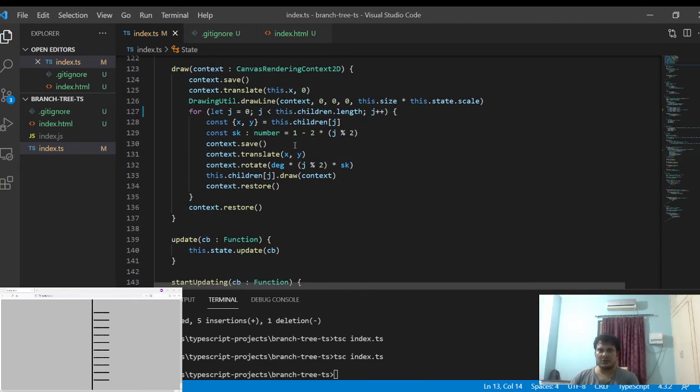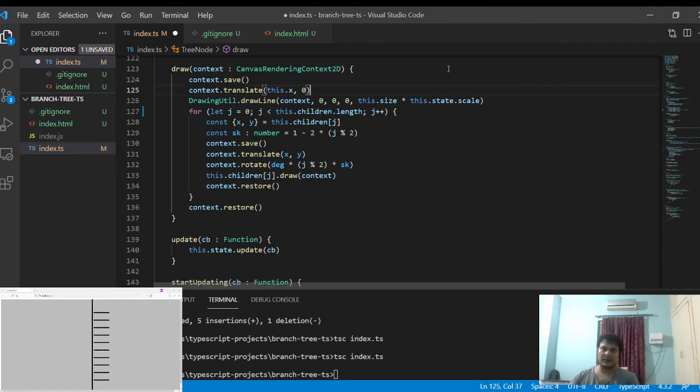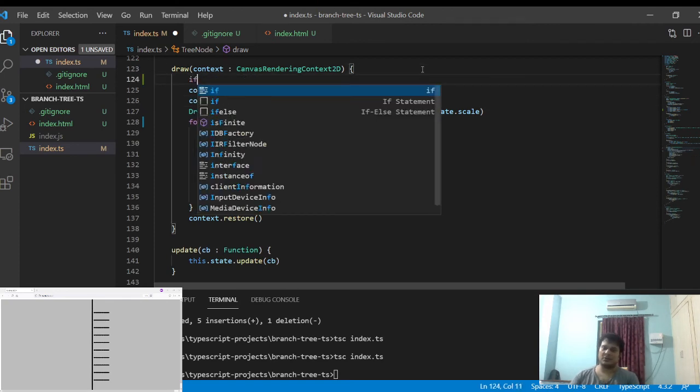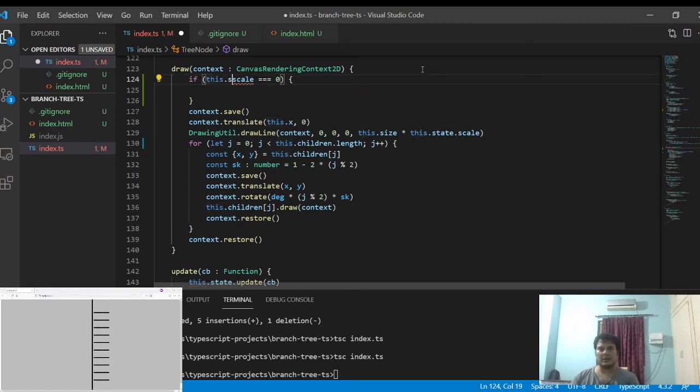So what I'm going to do is this.scale is equal to 0, then return.